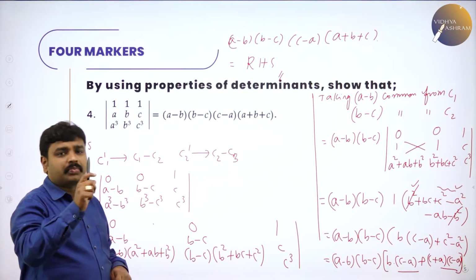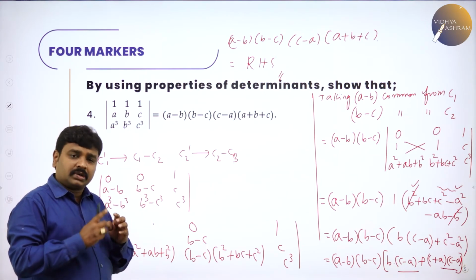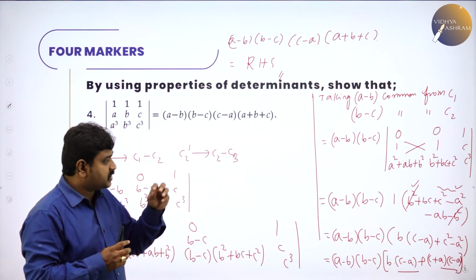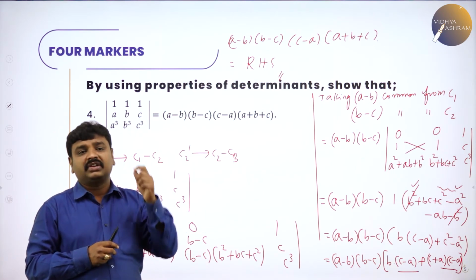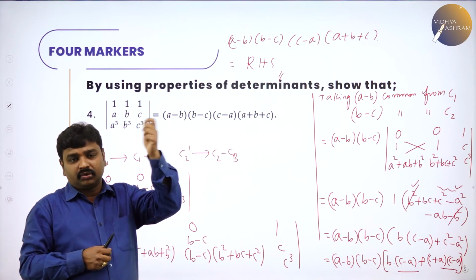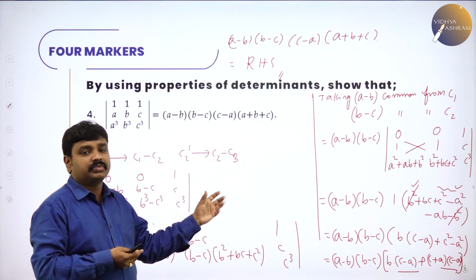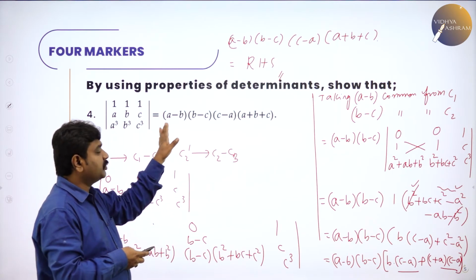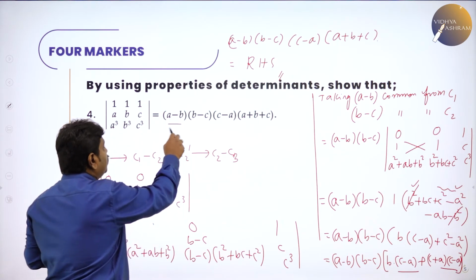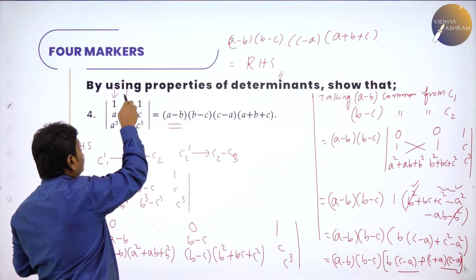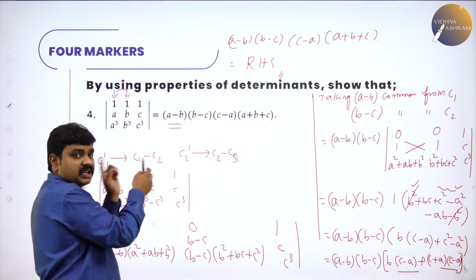So solve all the problems, but every problem comes by practice. So first you can also do trial and error in your exams. You can do that property, you can do row, you can do column, but it will be a time killing process. So practice them thoroughly. And here I told you the decision depends on the RHS. In the RHS there was A minus B. So A is in the first column, B is in the second column. So I decided to do C1 minus C2.